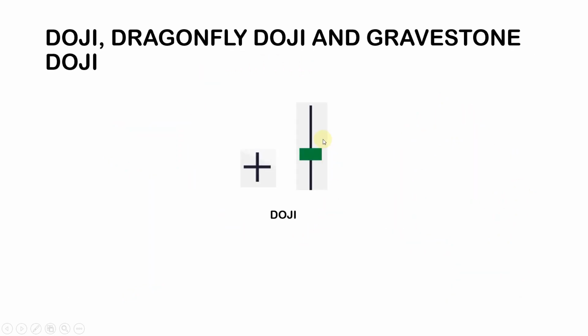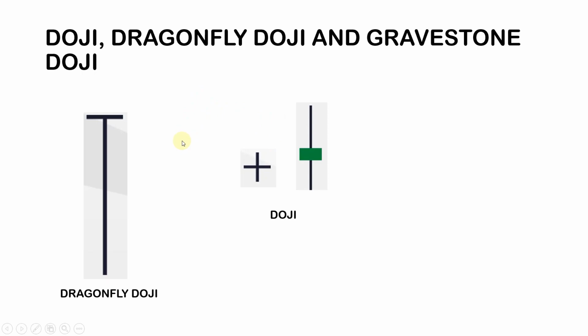Next comes the doji candle. The doji candle represents that the sellers and buyers are in equilibrium, and there is a high probability that the momentum may reverse from here, right? In this case, the body of the candle is very small, or there is no body, right? The prices may close at the opening price only.